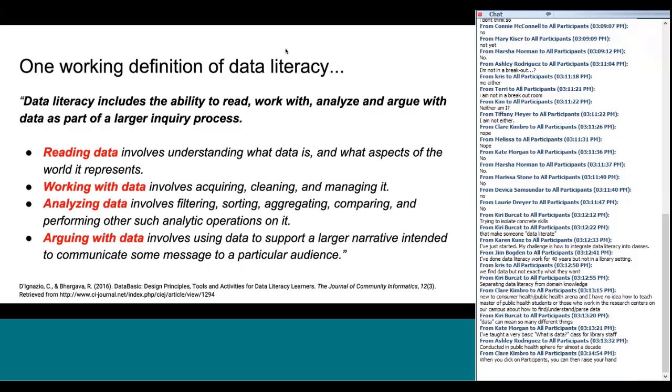Data literacy includes the ability to read, work with, analyze, and argue with data as part of a larger inquiry process. This comes from Catherine D'Ignazio and Rahul Bhargava from the MIT Media Lab. They do a lot of data literacy work that we admire and have been inspired by. So feeling comfortable reading data, finding and extracting it, performing analytical operations on it, and then feeling confident using it